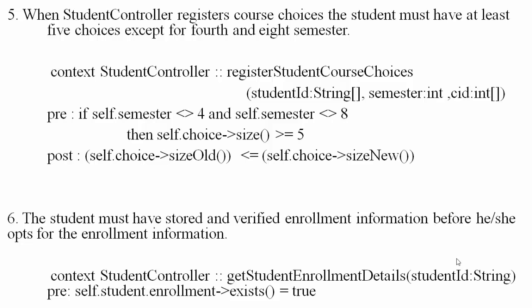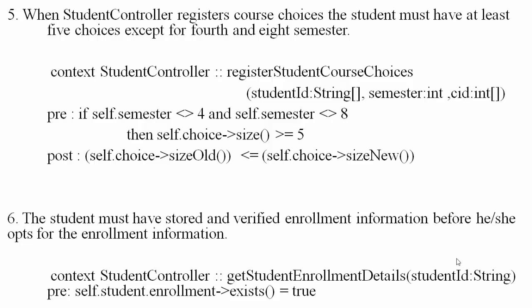Our precondition should be, if students are not of semester 4th and 8th, then their course choice size should be greater than or equal to 5. And our post condition would be, if their registration has been done, then old size should be less than or equal to new size. Sixth, the students must have stored and verified enrollment information before he or she opts for the